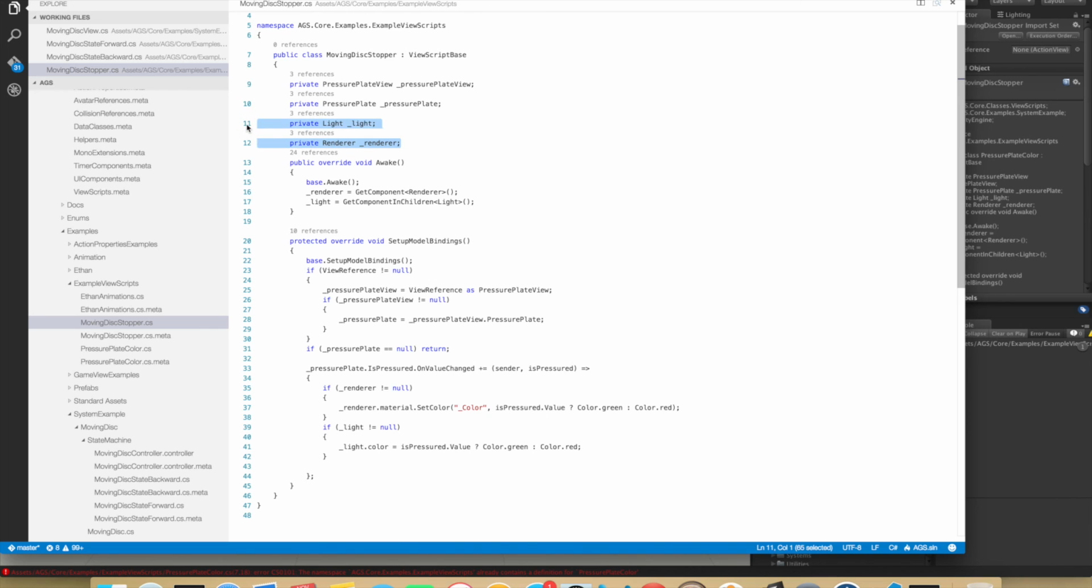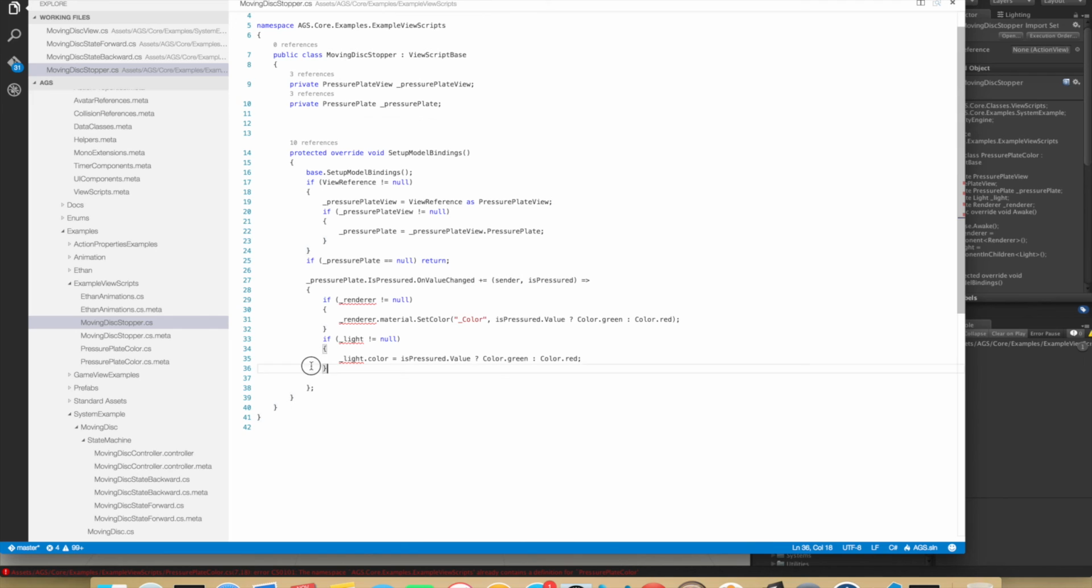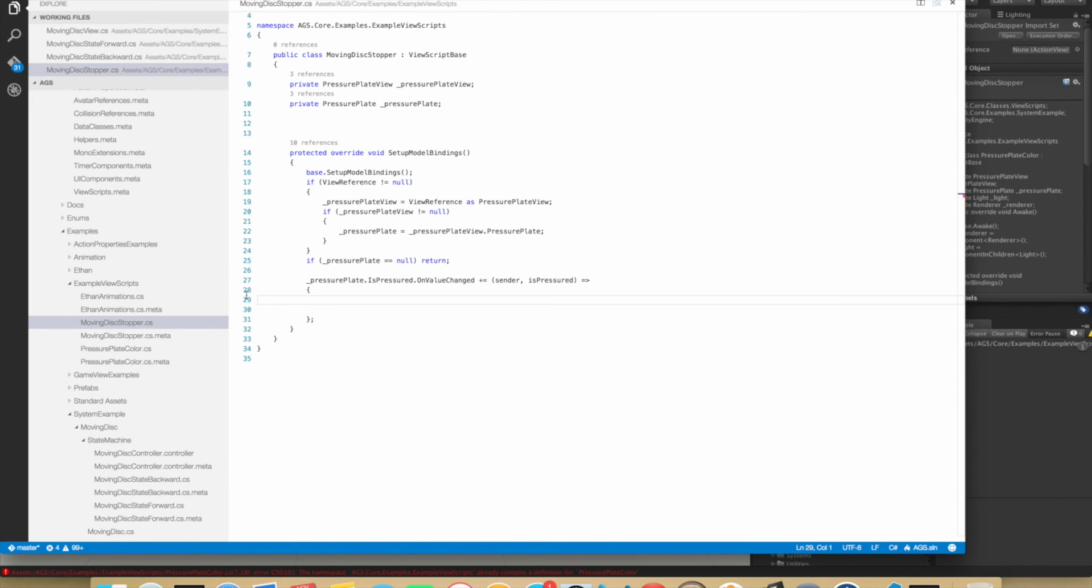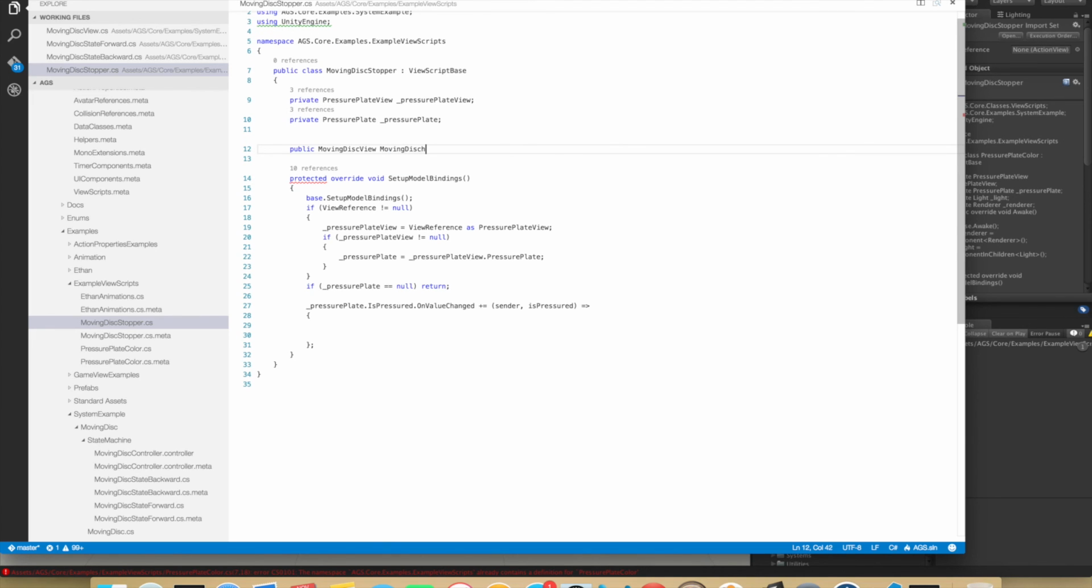And what do we do here? We don't need a light, we don't need a renderer, we don't need an awake function at all. We don't need this, but the rest of it is already implemented for us. So all we need to do is set up a reference to the moving disk. So public moving disk view, moving disk view,